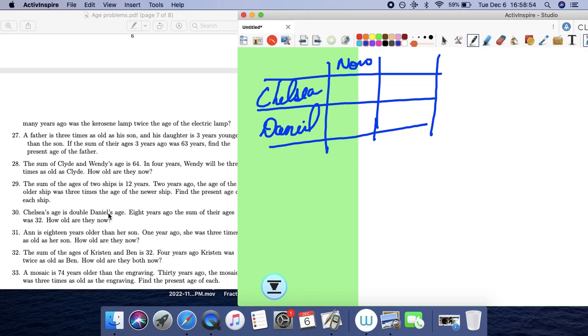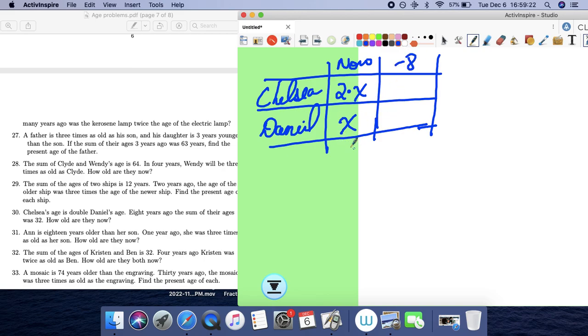Chelsea's age doubles Daniel's age. Do we know what Daniel is? No, so let's call him X. But I know what Chelsea's age is. I have information on that. Chelsea is twice whatever Daniel is. So that's their age right now. 8 years ago. So we have an equation that's going to be based on their ages 8 years ago. That's going to use the information about their ages 8 years ago. So let's figure out what they were